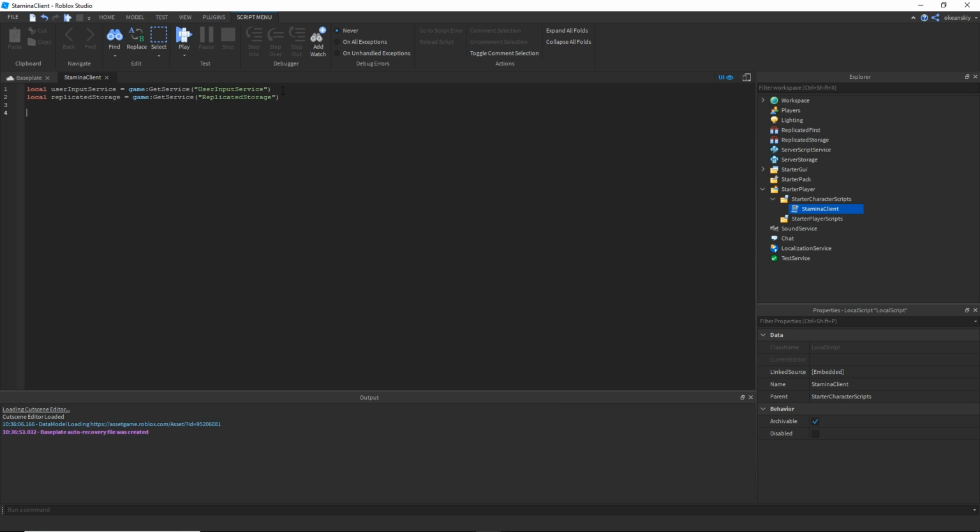Okay, so the first thing we need is when the sprint key is pressed down. We'll label that with a comment, and then we'll go into the UserInputService and connect the InputBegan event with a function. The function carries an input when InputBegan is fired, so we'll put function(input). Next we'll do if input.KeyCode, which is the key code of the input and will tell us what key was hit, is equal to